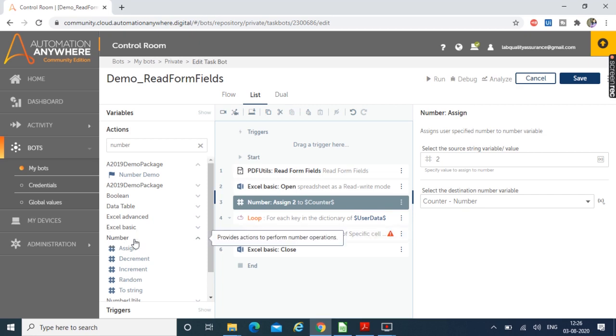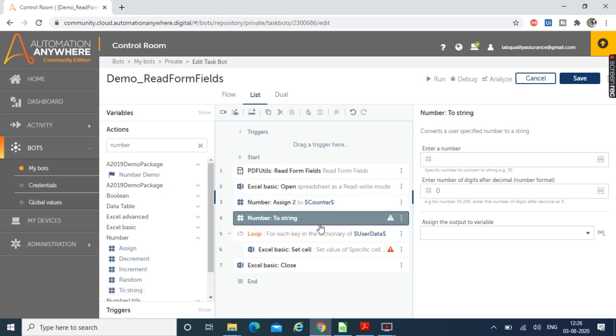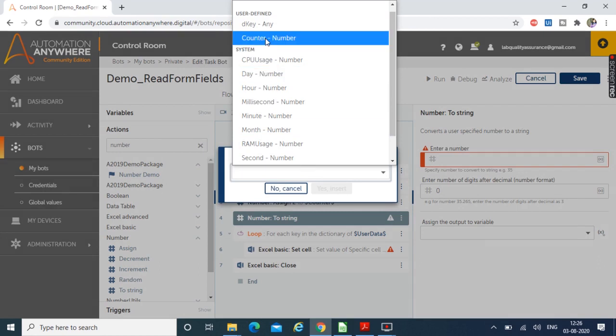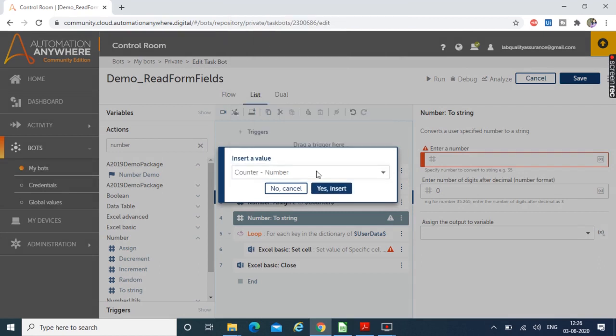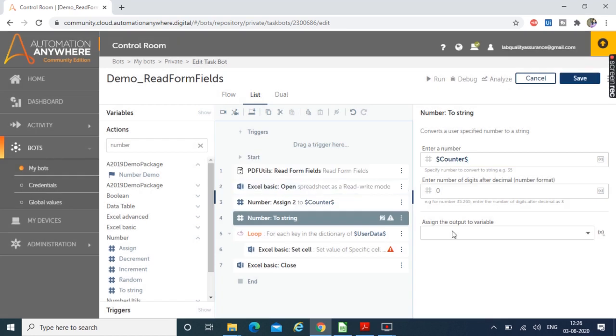Again from this number package we'll select this toString action. Let's drag and drop it over here, and inside enter a number we'll press F2, and from here we'll select this counter variable which we just created. Let's click on yes, insert, and we will assign the output to a variable which will be a string variable.